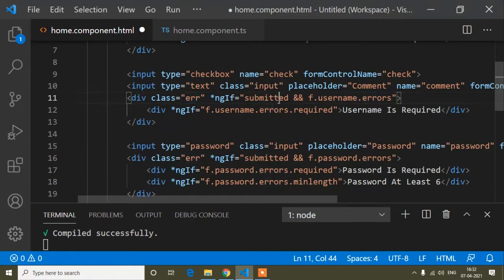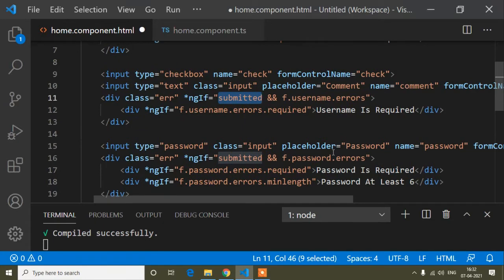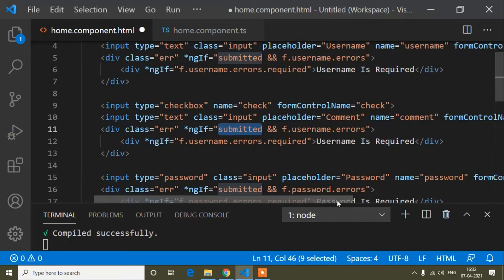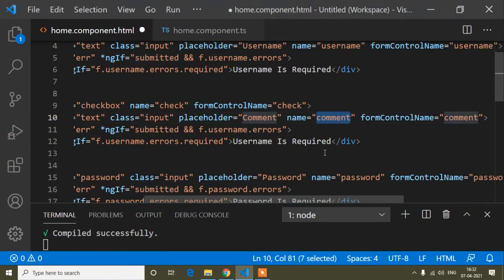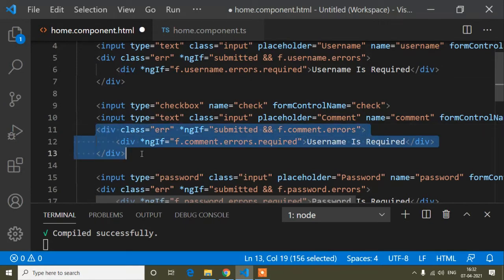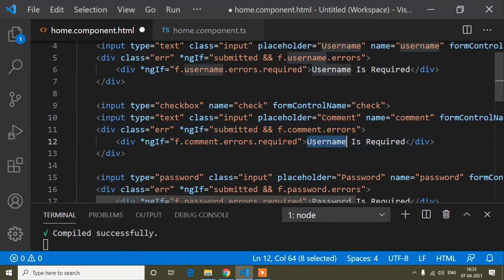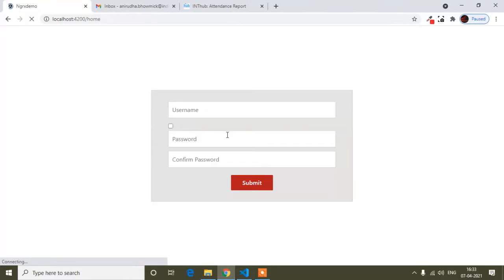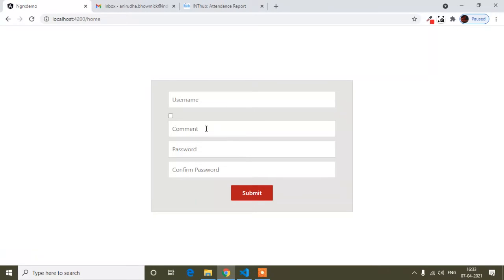So errorSubmitted is the variable that I also showed in my previous tutorial, and I will copy this name and write the same name inside this error message. So here and here, instead of username, I will check comment. So this is for the error message, okay. And now here I will write comment is required. So save. Here you can see it's added one field, okay.